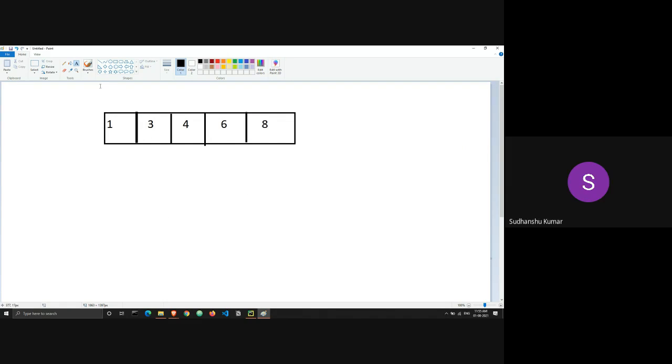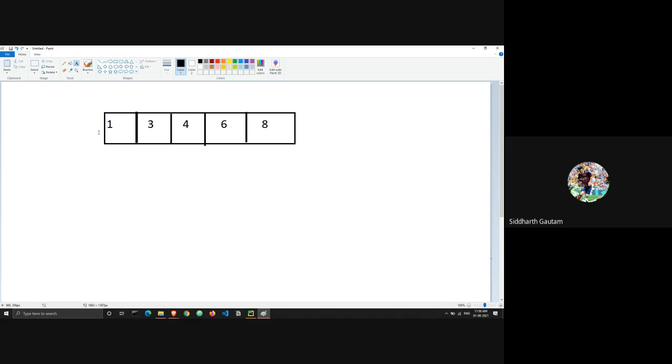Yes. Okay, and now I want to look for my element. So in binary search, binary means 2, right? Take a look at the first 2 letters of the word binary. The first 2 letters are bi. Bi means 2, which means we are going to divide this list into 2 parts. Okay, so let's see how we're going to do that.